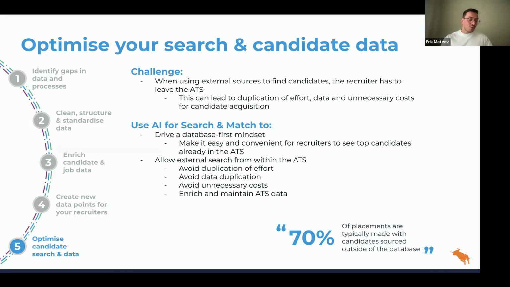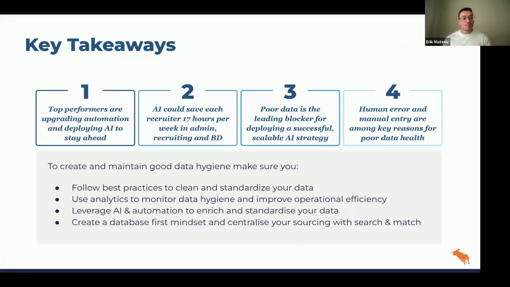Okay, that was the final use case we wanted to share with you. We threw a lot of information, so as a brief summary, here are some of the key takeaways. We're in a very tough market, as we have been over the last few years, but there are still businesses that consistently outperform the market, and they're top performers in our industry.